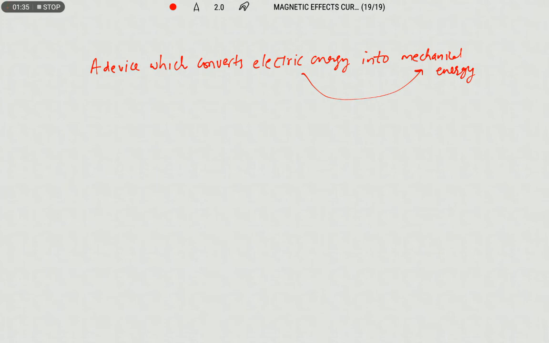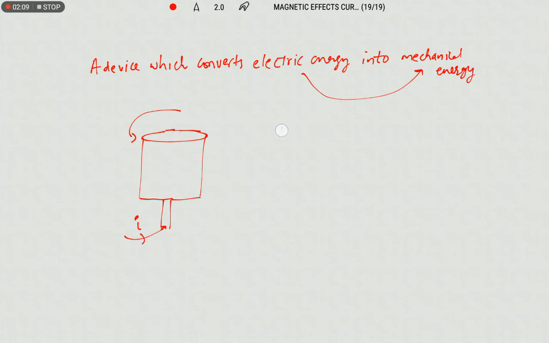Let us take some examples. In washing machines we have a tub inside. The tub rotating inside the washing machine is attached to a rotor. The tub rotates as we pass the current. When the current passes through this, the motor rotates, and along with the motor the tub also rotates. So what is the duty of the rotor? To convert electrical energy into mechanical energy.